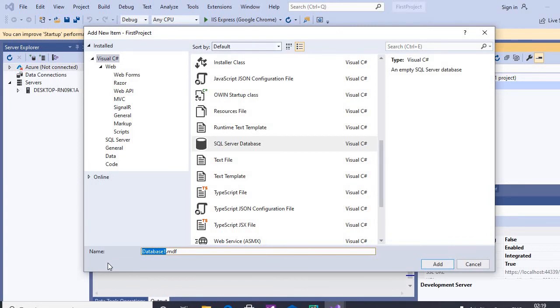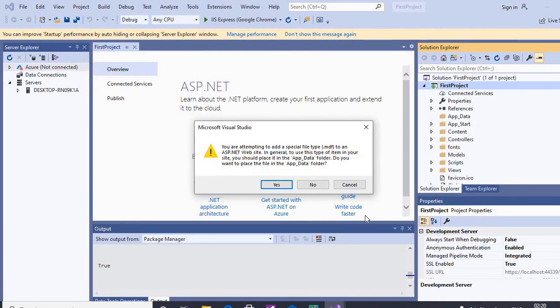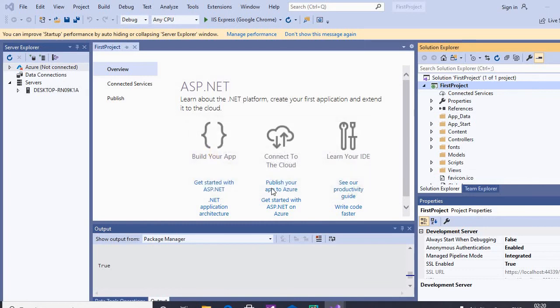For example, I am going to give the name as EmployeeDB. Then Add. You are attempting to add a specific file type .mdf. Click on Yes. Here we can see that our database EmployeeDB is created in Server Explorer.